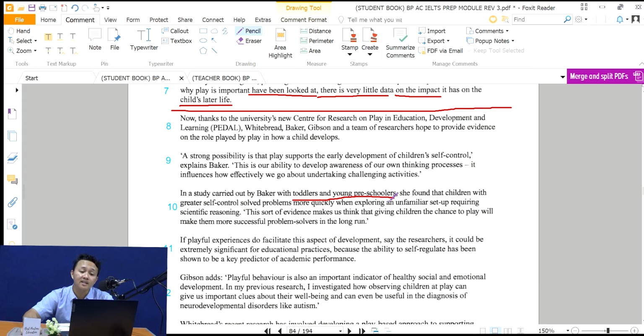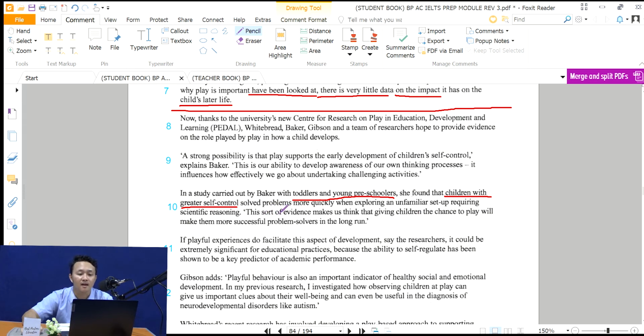Okay, and it says here also, she found that children with greater self-control, we found it, that's the information that we need to find, I'm sure of it, solve problems more quickly when exploring an unfamiliar setup requiring scientific reasoning. So it means that they do better at